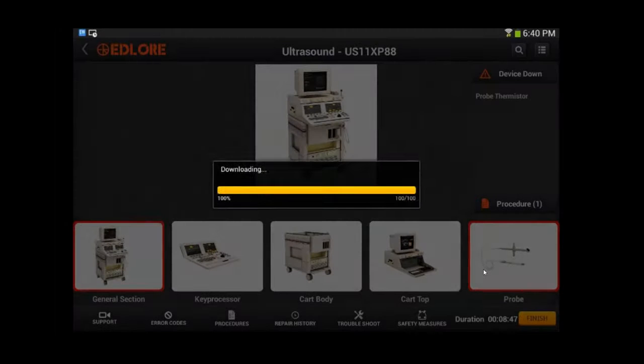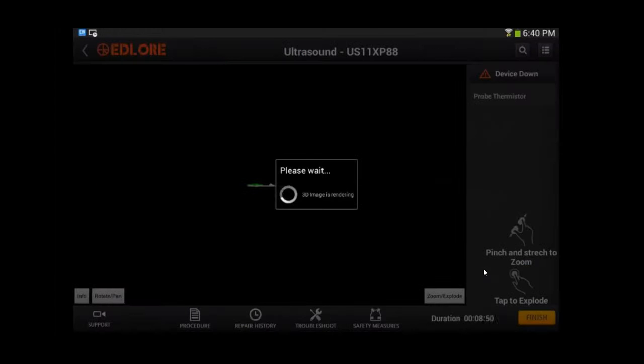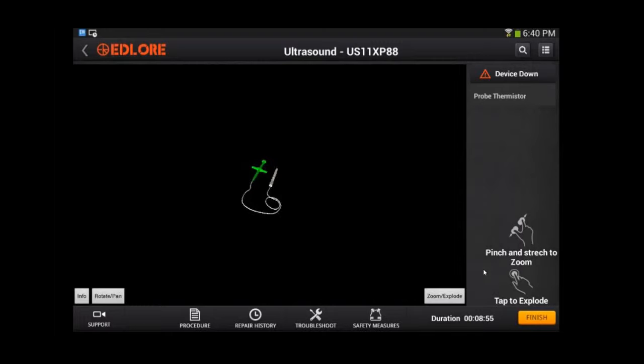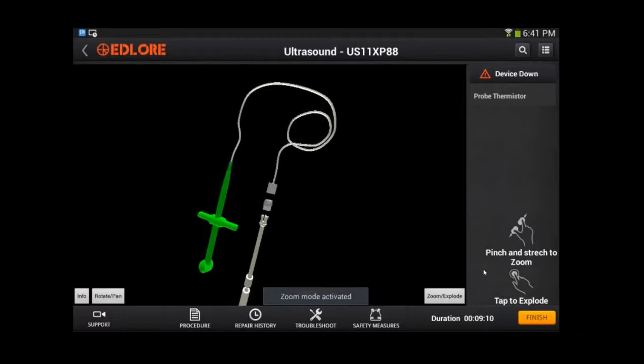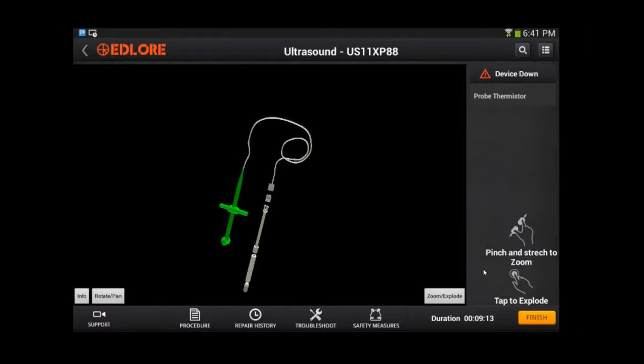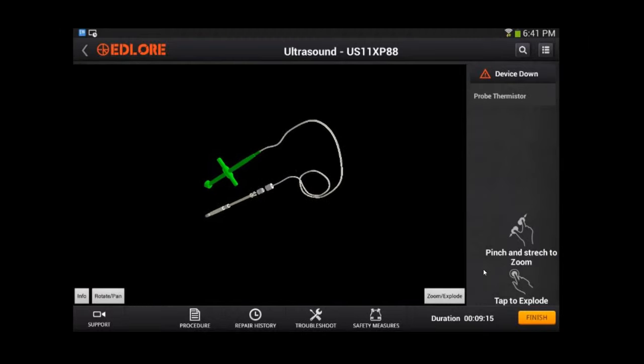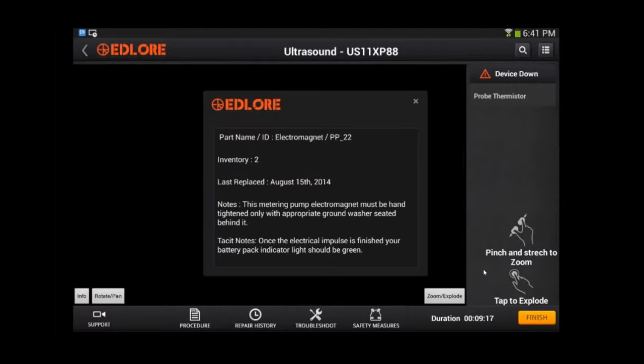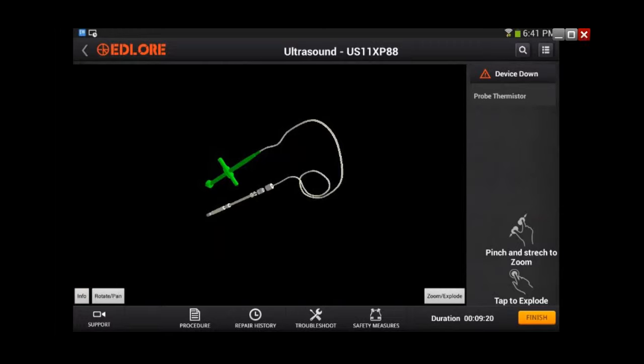So we'll grab this section here, and what we can see is Edlore has taken down to a zone or component level and is showing our workforce member what part is the problem by highlighting it. Okay, and again we can zoom, we can explode, you name it. Zoom in on that. Additionally, we can click our